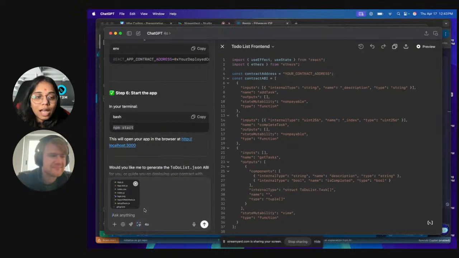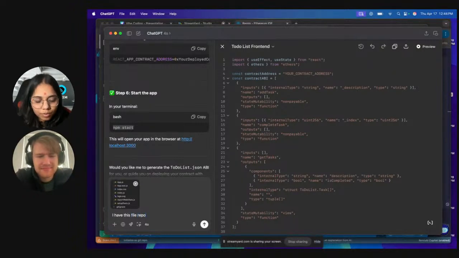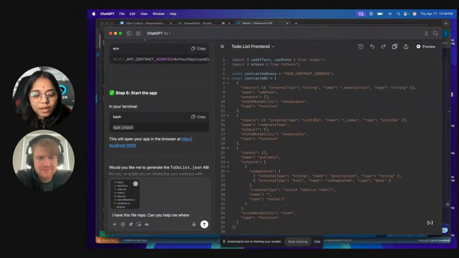Okay, so I have this file repo structure. Can you help me where I can put the to-do list React app code?